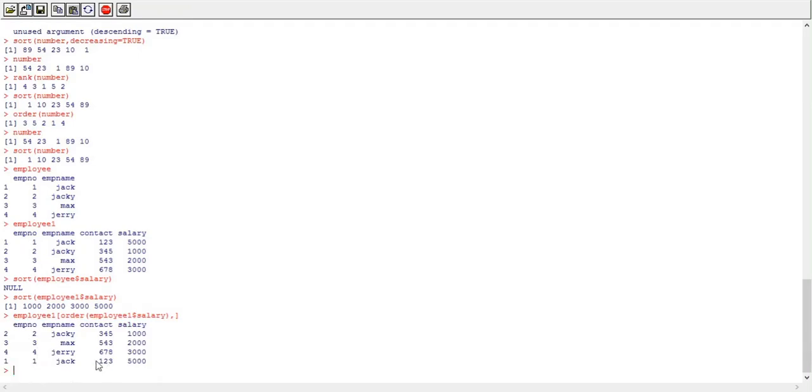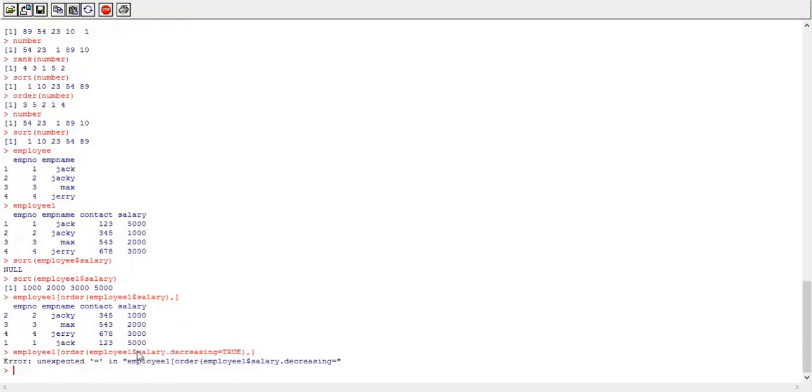Now if you want to sort it in decreasing order, use the same syntax: employee1, order function, employee1$salary, and in that parentheses also write decreasing equals TRUE. Then the comma.